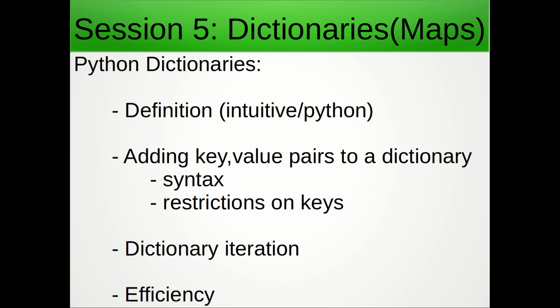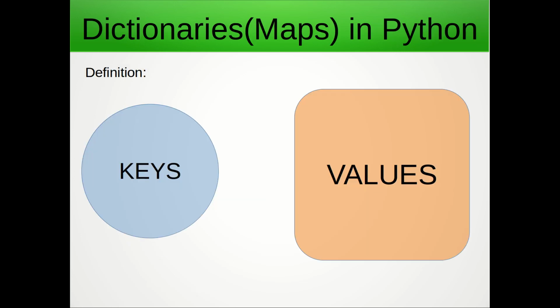In this video, we will begin with the definition of dictionaries. First of all, let's give an intuitive definition and an abstract one at that. Let's consider two universes: the universe of keys and the universe of values. The values are the information that we want to store. The whole point of dictionaries will be to store information in such a way that allows me to access it